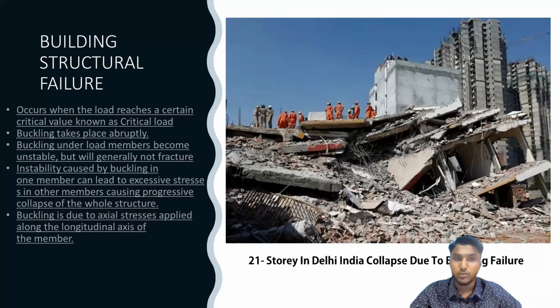So buckling structural failure occurs when the load reaches a certain critical value known as the critical load. Buckling takes place abruptly. Buckling also occurs in under-loaded members because they are unstable, but they will generally not fracture. Instability caused by buckling in one member can lead to excessive stresses in other members, causing progressive collapse of the whole structure. Buckling is usually due to the axial stress applied along the longitudinal axis of the member,